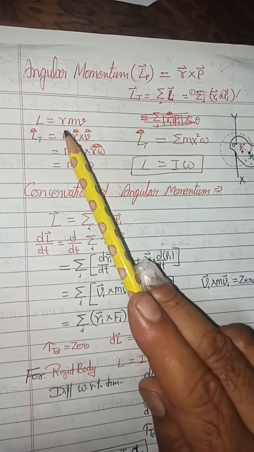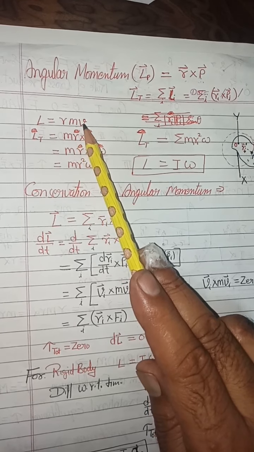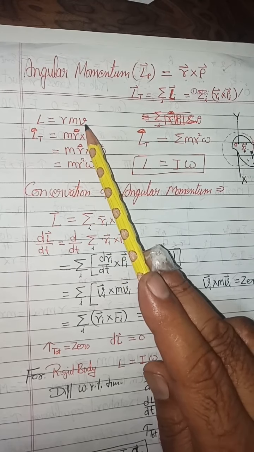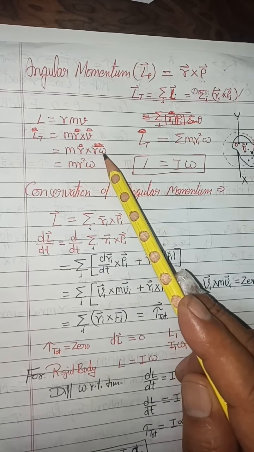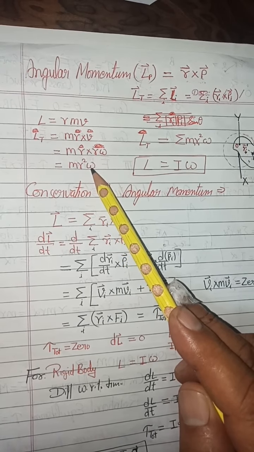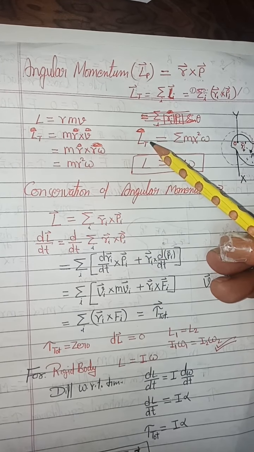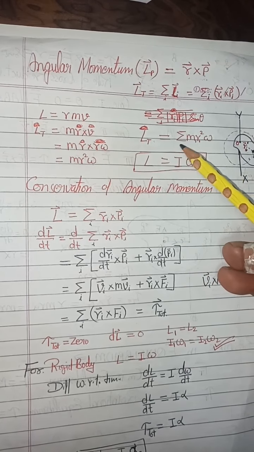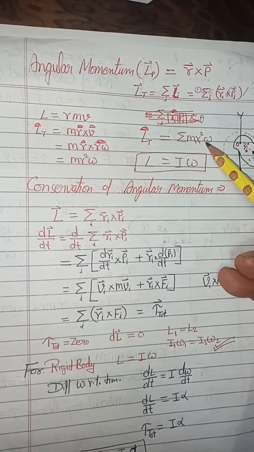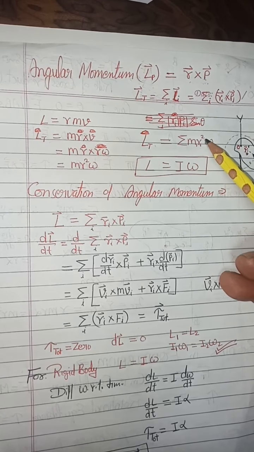So how can I make this? See, angular momentum L is r cross p. In place of p what can I write? m into v, so L is equal to m r into v, but v is equal to r into omega. So it becomes m r square into omega. For rotational motion it becomes like this. So simply, the total angular momentum of the system of particles, L, is equal to sigma mi into ri square into omega. For each particle I will find it out, and then I will sum over all these particles.